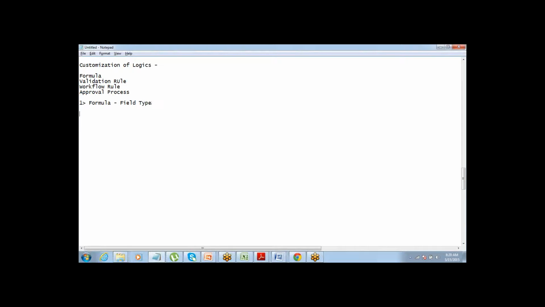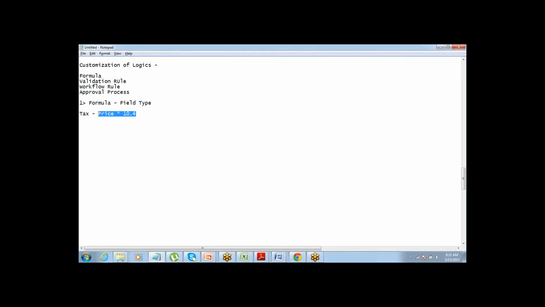So common examples can be something like, let's say I want to create a formula for calculating the tax. So I can have a field called tax, and I can put a formula here, whatever is the tax, maybe revenue, or sorry, price into 10.4%, whatever.